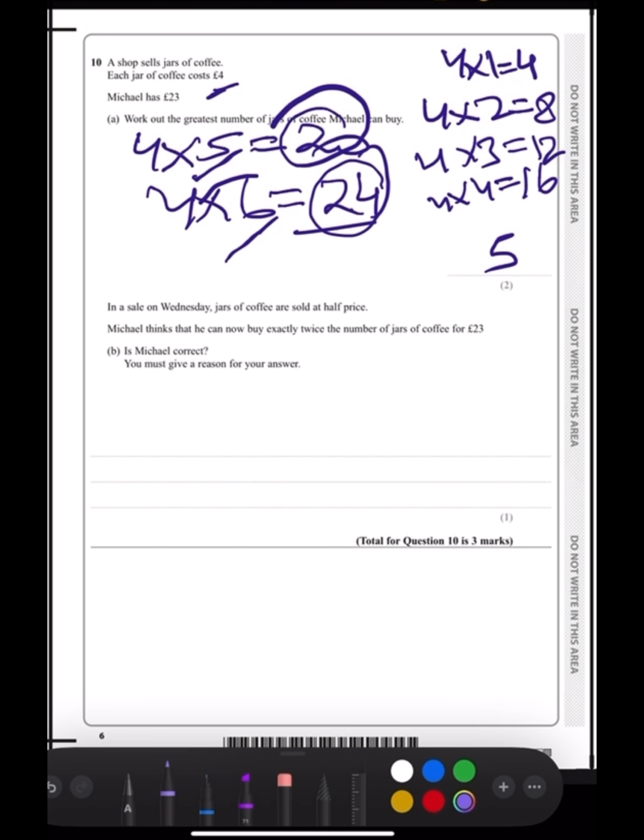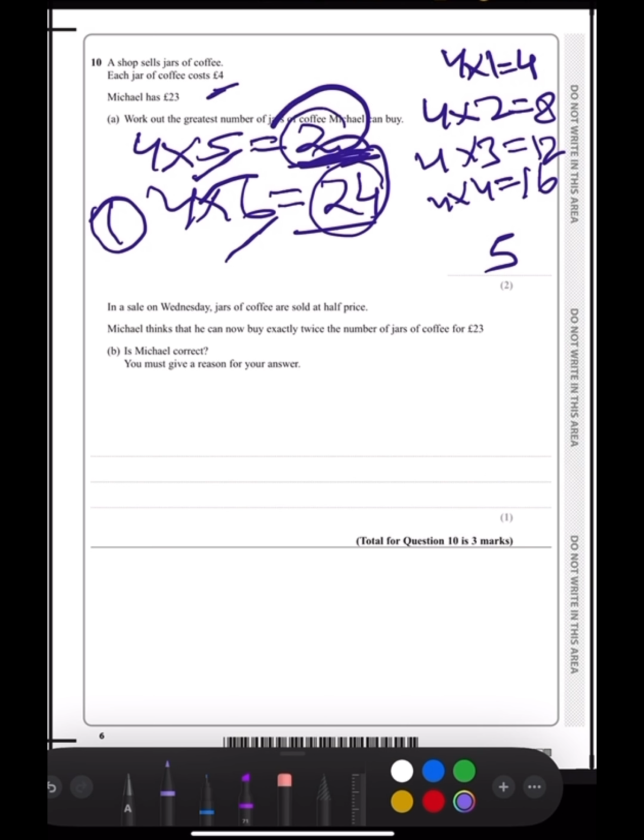First mark would be for acknowledging to test out all these methods to get a simpler answer of, okay, this is 24, more than 23. Michael doesn't have enough money. We go back and see the greatest value he can do it in. First mark on there. Second mark on there is we know if he can buy with 20 pounds, how many